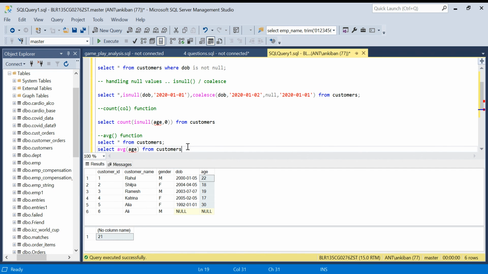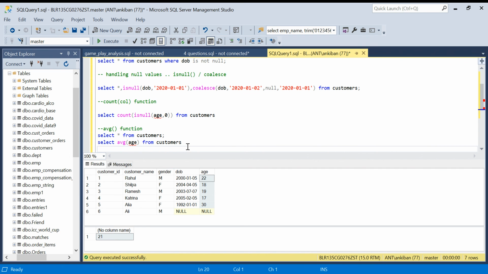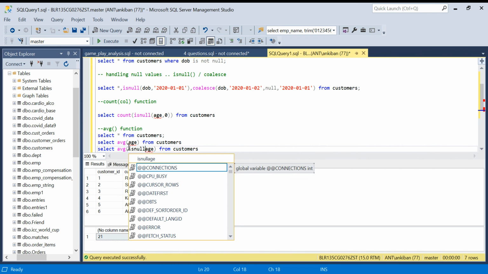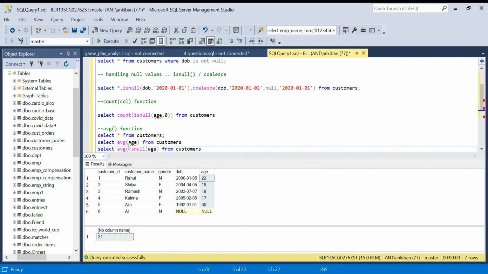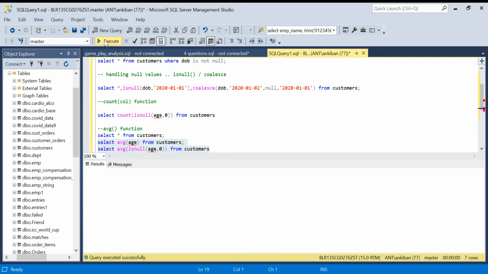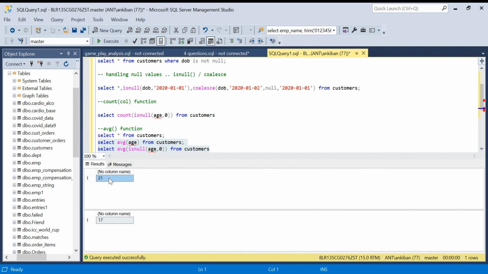I can show you. So if I put is null, if it is null, take it as 0. Okay, and I will check average in these two cases. If you see here, average is 21 because what it did, it took 5 values, added them, and divided by 5. Here, it converted that value to 0, so it is adding all the values and doing divide by 6.